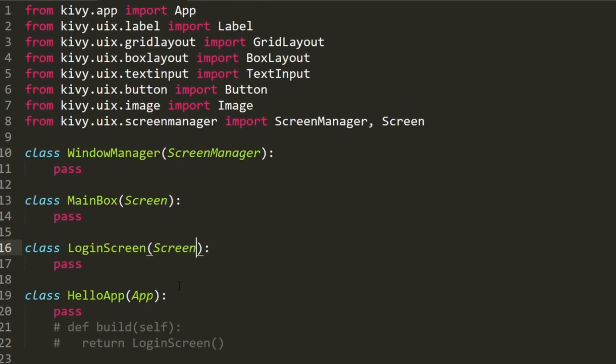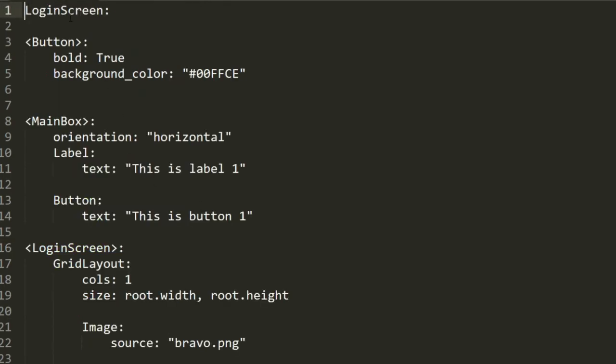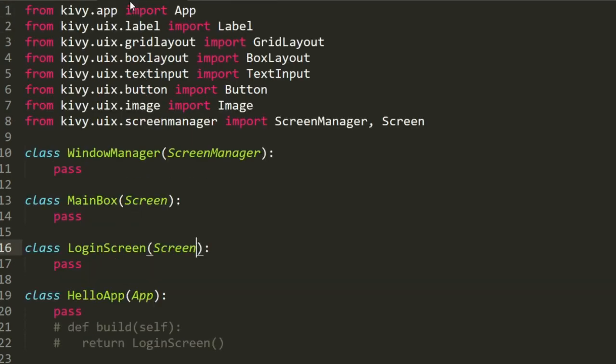Okay. So how does that change the way we are handling everything in the Kivy file? Well, now this is going to be the organization of our file. And we saw earlier that when you generate a ScreenManager, you want to add screens into it, and you have to use commands in your Python file. But what we also know is that Kivy files are meant to make everything more practical, especially when it's about the structure of your app. Overall, it's way easier to structure and make your app organized thanks to the Kivy file. So what we're going to do is just call the main box and the login screen